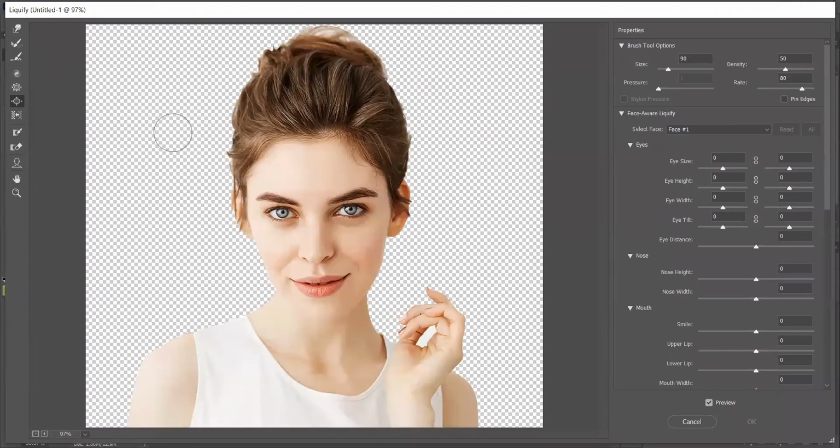Here I am using Adobe Photoshop 2021. So here you can see this Face-Aware Liquify option is there. This is easy to draw cartoon type. See this, so many tools are there on the left side. If you click on W, the Forward Warp tool, so I'm clicking that, and